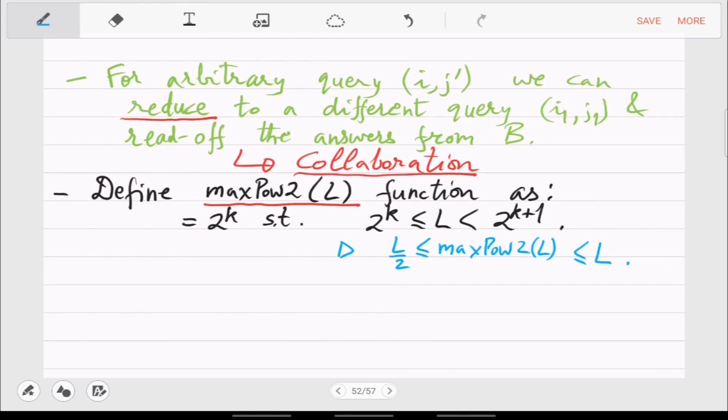Because if max power 2 of L was smaller than L by 2, then you should have picked the answer 2 raised to k plus 1, which is a contradiction. So max power of 2 of L is just a power of 2 which is sandwiched between the number L and its half. This you can immediately read off from the definition.